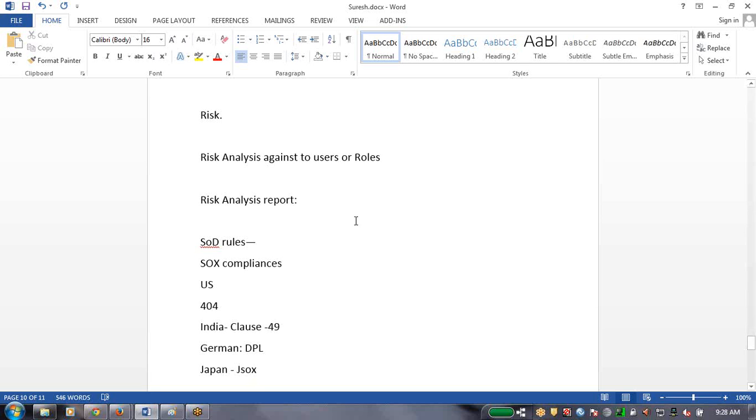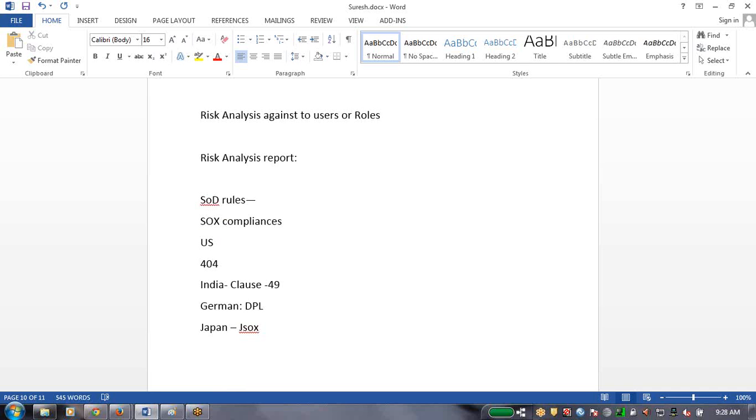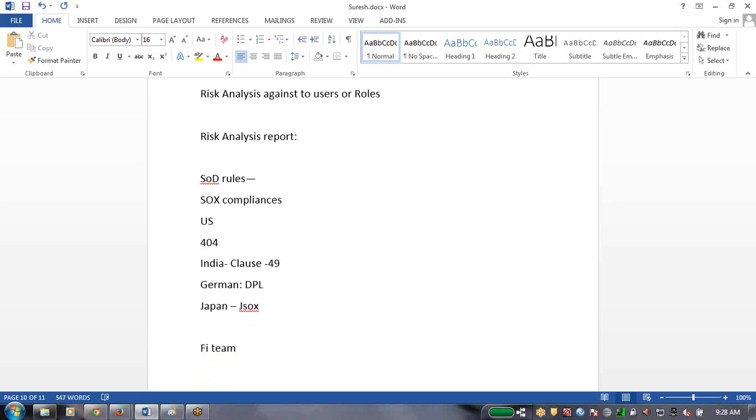So these SOD rules help us to know the risk. Who is having critical access, who is having excessive access as per job profile, all those things we get to know by using these SOD rules and this risk analysis report. So how are these rules defined over here? It's pretty simple. For example, if you are in the finance team,